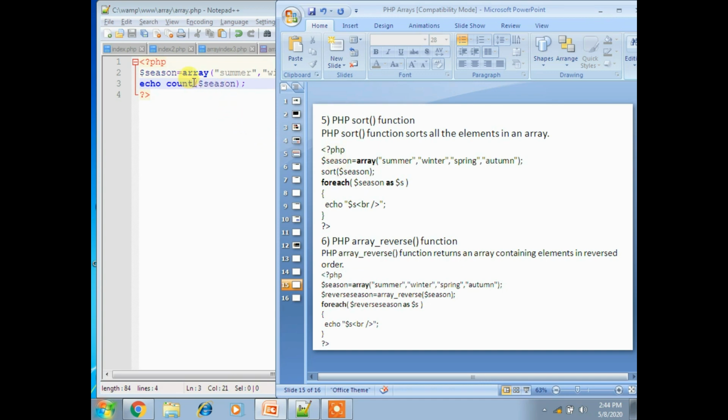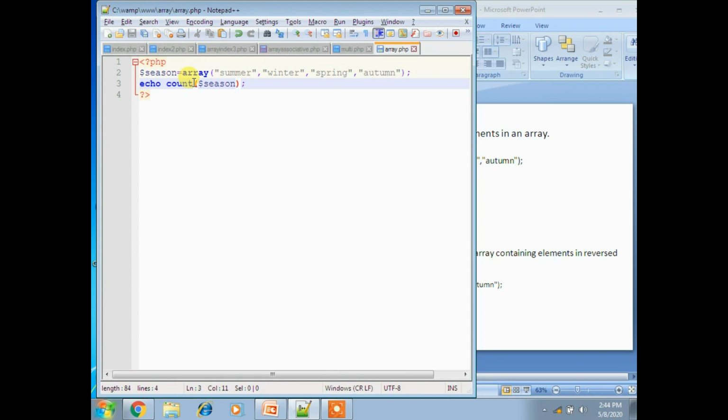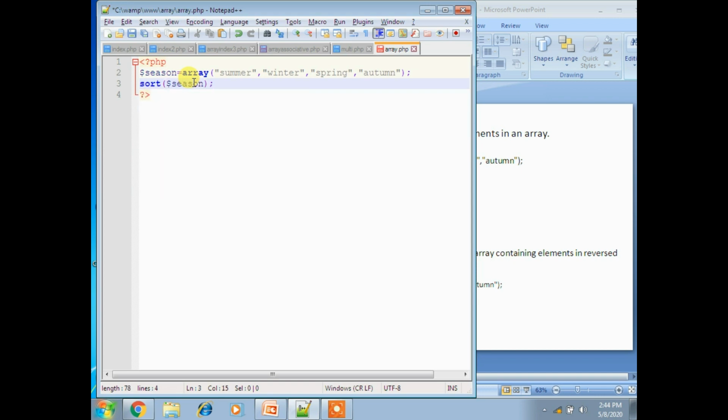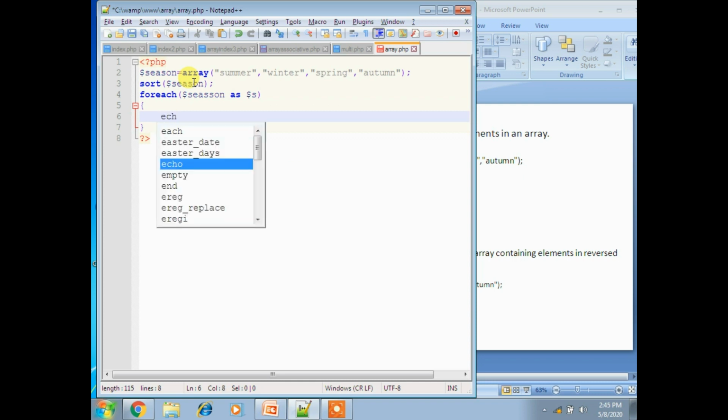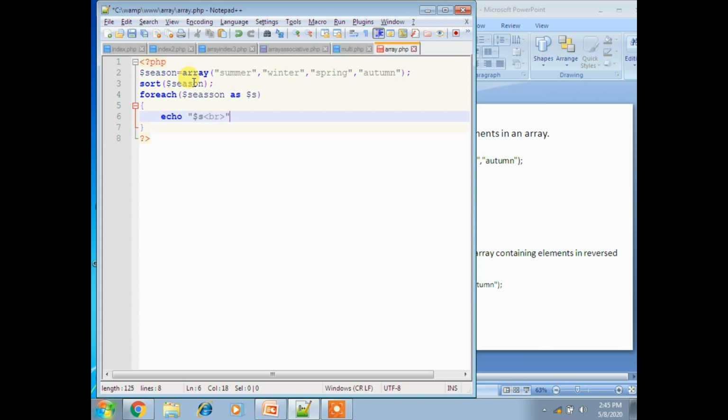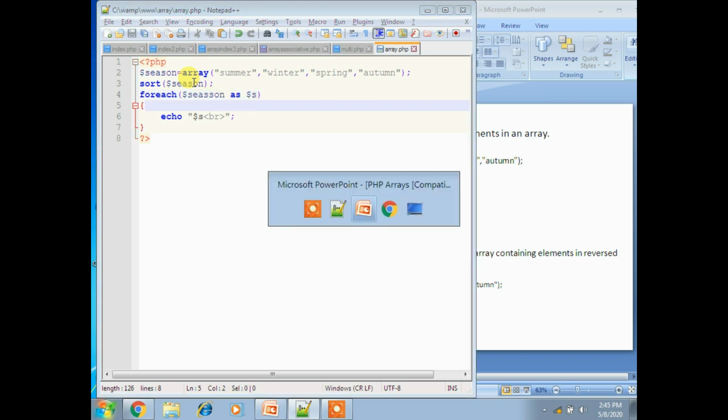So directly we can use it, so we will pass the sort function here itself. Sort of season, foreach season as $yes, and now here echo $yes br. Now execute the program.